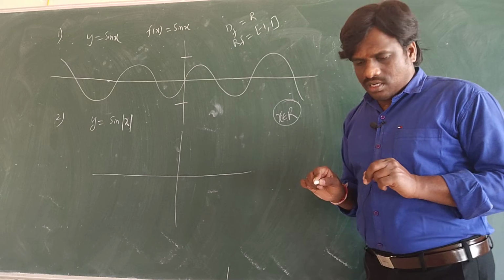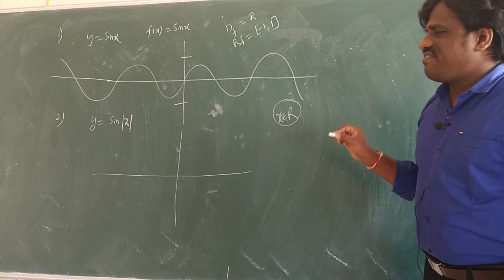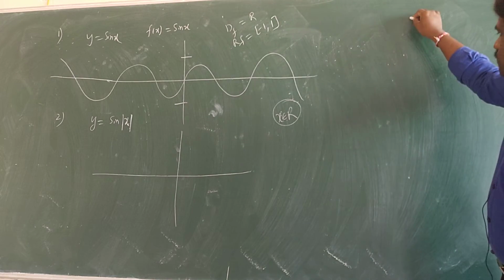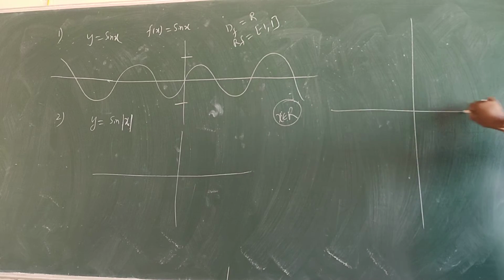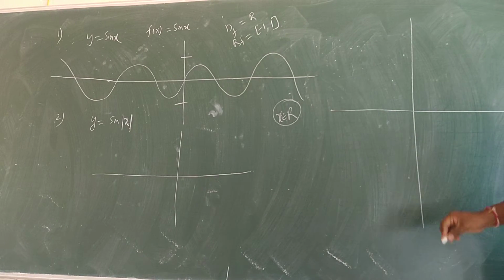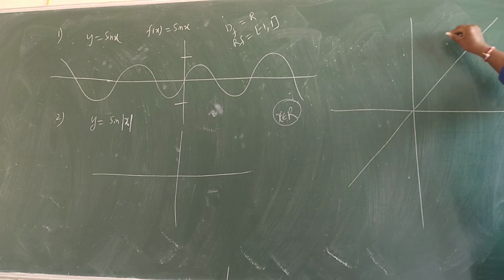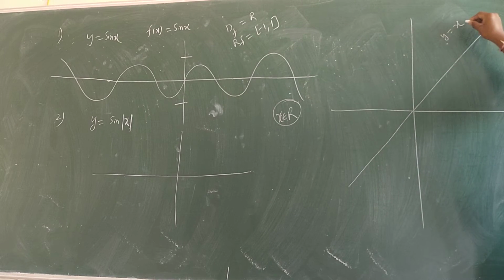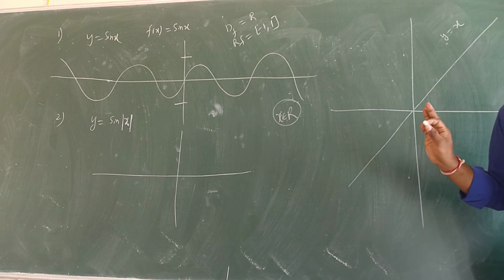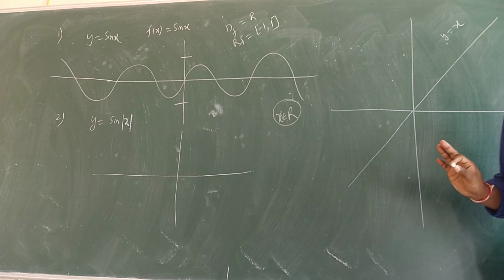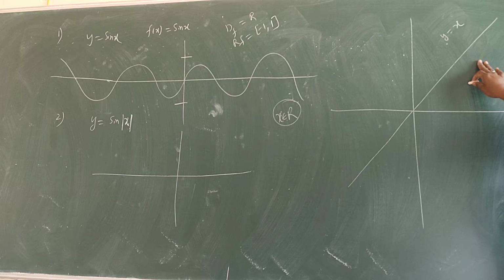Domain is all real. Now what will the graph be? See, simple thing. मैं बता रहा हूँ, सुन लो. इसको समझाने के लिए बता रहा हूँ. The line y is equal to x is this. This is called y is equal to x. I will explain to you. Just see, and according to that you can tell me. This is the graph of y is equal to x.